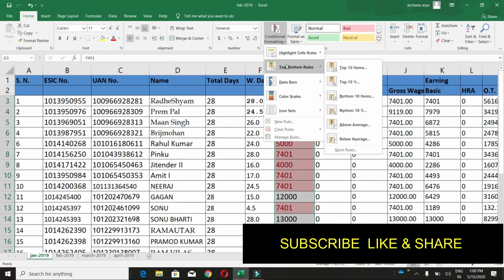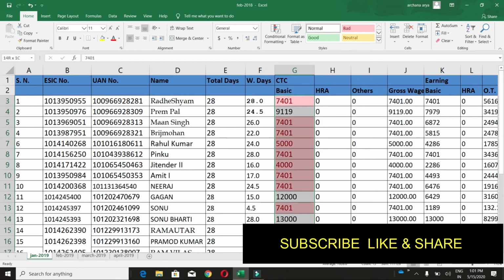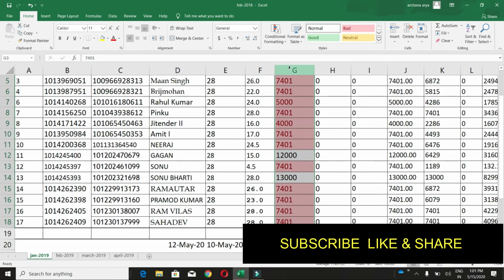Now the second option is top bottom rules. In this option we have understood top 10 items, top 10 values, top 10 percentage, and the above average, below average. So these two options we have covered here. Let's go to the third one.